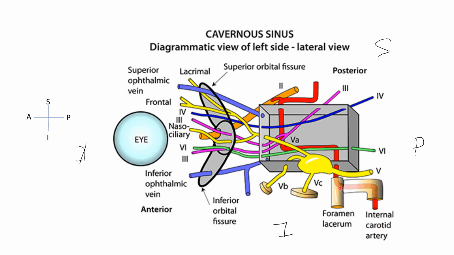Along its course it has so many curvatures. This actually helps in dampening the pulsation of the internal carotid artery, and it reduces the pressure of the artery before it enters the brain. So that's the entry of the internal carotid artery. Now about the nerves, the third and fourth nerves, the oculomotor and trochlear, enter the cavernous sinus from the roof. So remember, this is the roof. The oculomotor nerve enters into the roof and this area is called the oculomotor triangle.